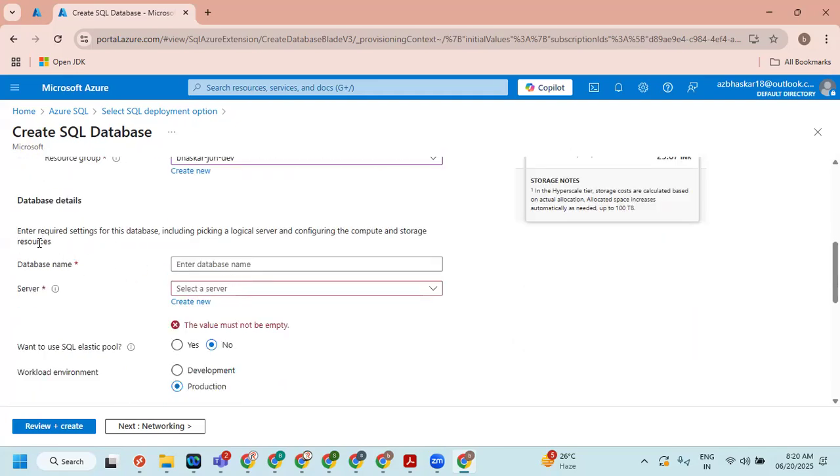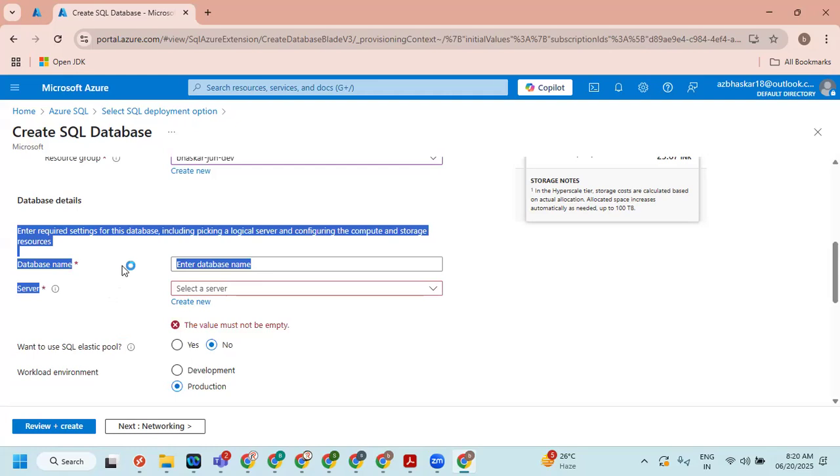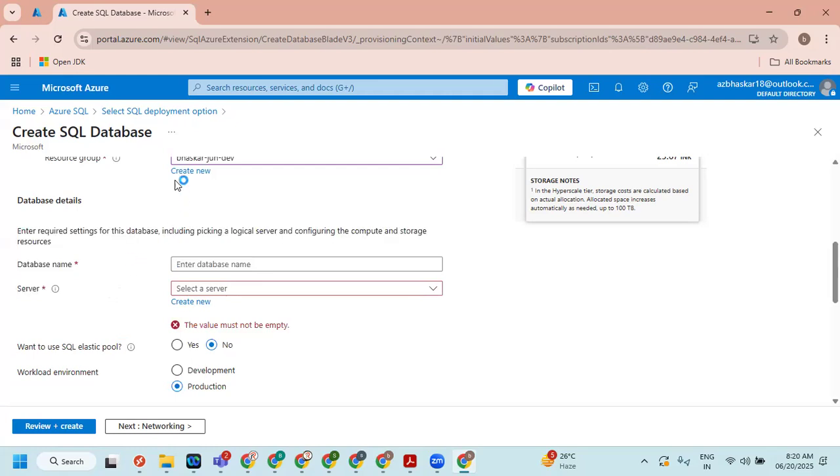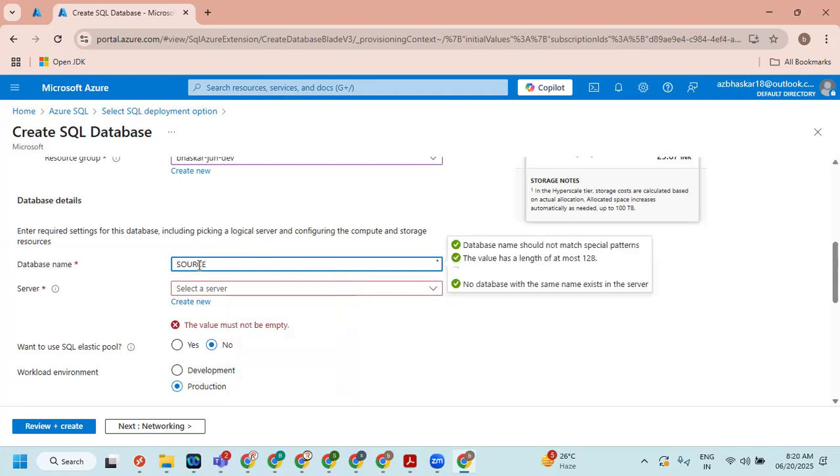And then we need to provide the database details. For practicing with Azure Data Factory, you should know how to create a SQL database. If you don't know how to create a SQL database, then you cannot practice a few use cases with Data Factory. Because of that, I wanted to take you through how to create a SQL database before starting Azure Data Factory. For the database name, I'm just going to provide the name source, any name